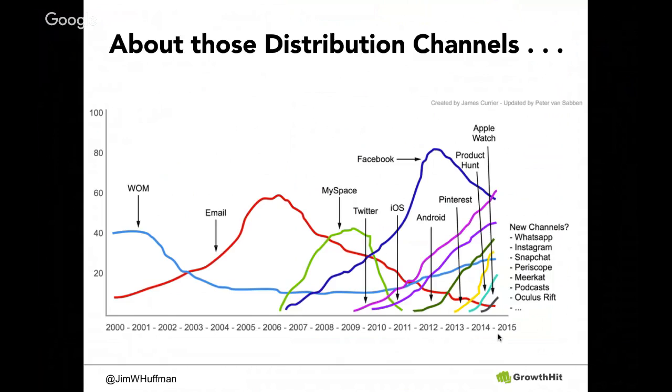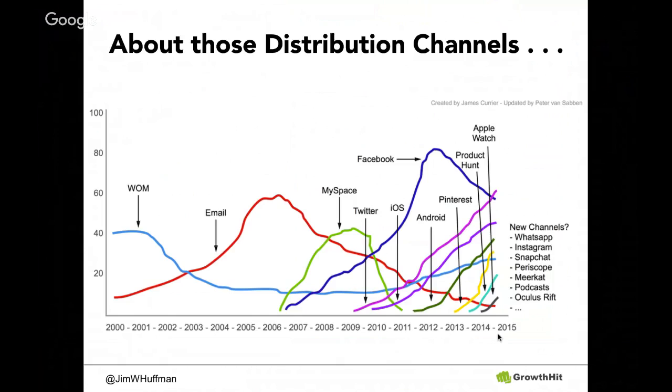So as you look at this graph, the x-axis is time, the y-axis is effectiveness, which is essentially how powerful is word of mouth marketing. And as you can see, from 2002 to 2005, email was a very powerful marketing channel. This is when Daily Candy launched, because they could ride the wave of email because so many people are on it sharing content with friends. But then around 2007, it becomes a little oversaturated, and email marketing might not be as effective. Or if it is, I'm actually a huge proponent of it still. It's a very crowded space, which means your content has to be that much better.